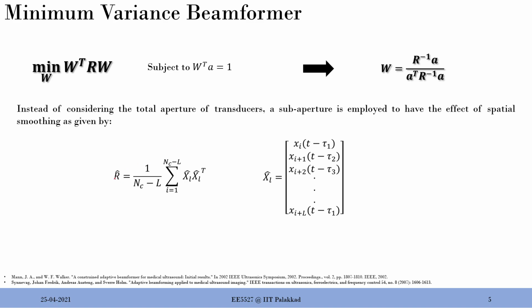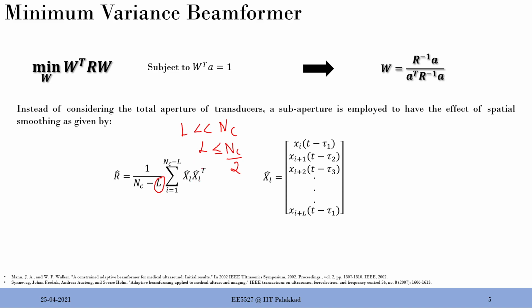So just to understand this equation, let's say I'm going to have a subaperture of length L. L is always way less than NC, and typically, if I remember correctly, it should be less than or equal to NC by 2 for good performance, at least half aperture. There is some weightage you are taking that you can ignore. But what is important is that you go from i equal to 1 to NC minus L, and each time you have an